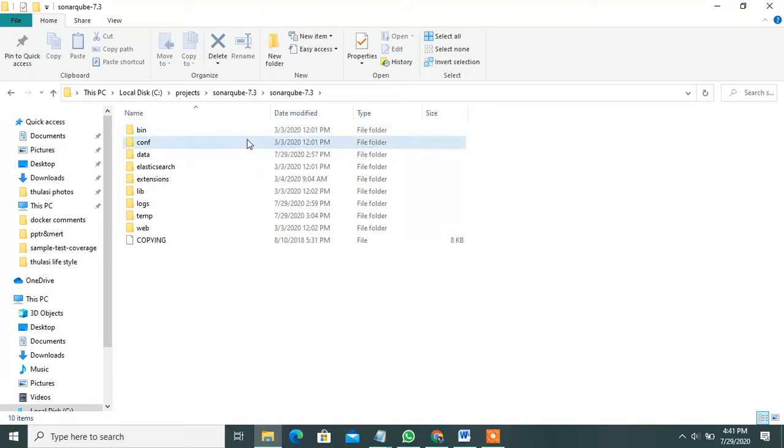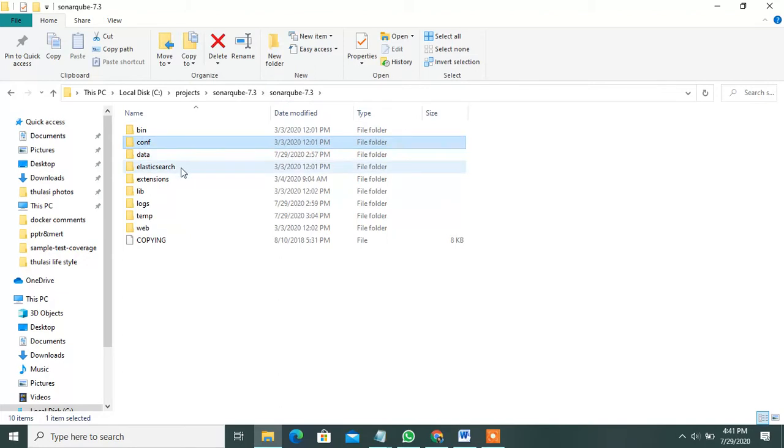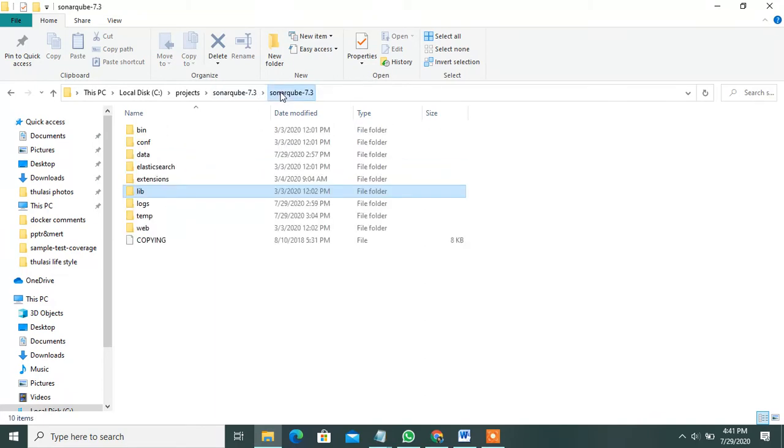In the conf folder you can see the sonar properties, or Sonar configuration. Then there are the libraries and data files. You can run the jar files or war files to check code quality and deploy the application on the SonarQube server.